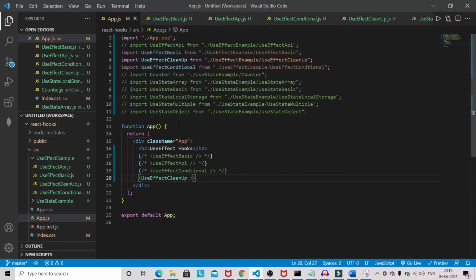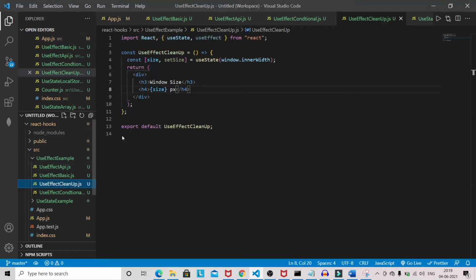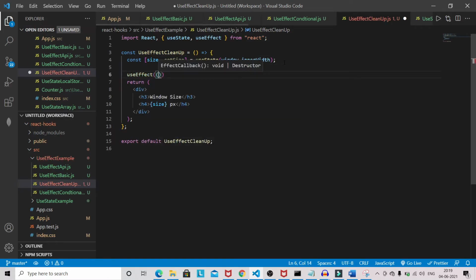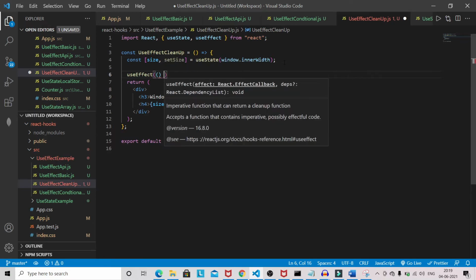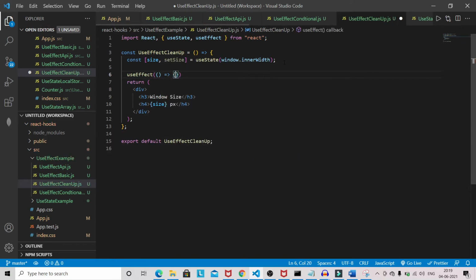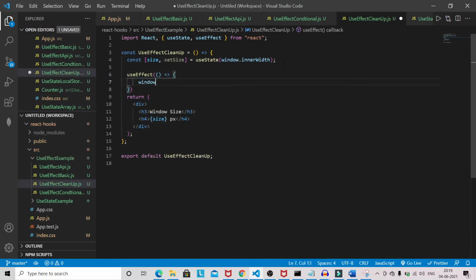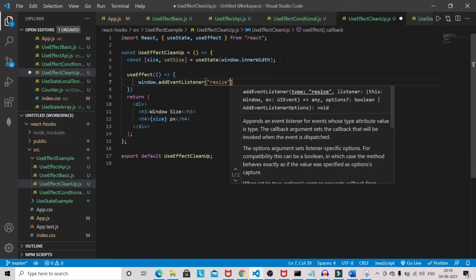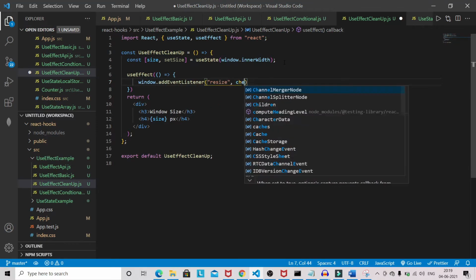So let's come here and write one useEffect. Inside useEffect, I will add an event listener, and I will listen to the resize, and I will pass one function.